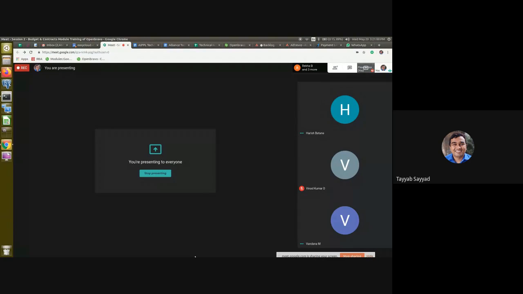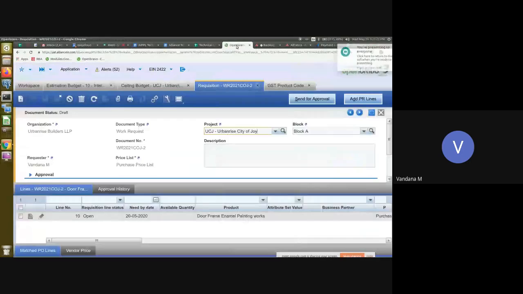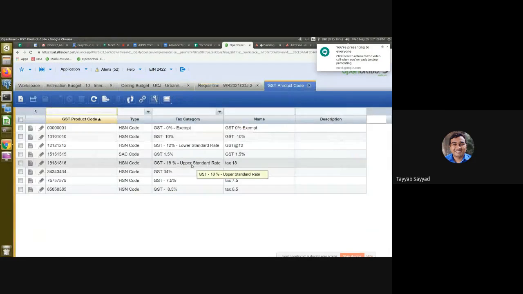So regarding the TDS part, the SSC code will be maintained by finance. If there is anything new, we can add. All the tax part will be taken. The GST codes will be encoded by the account teams at first.